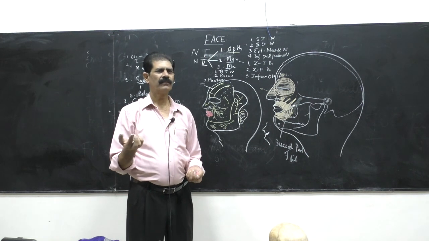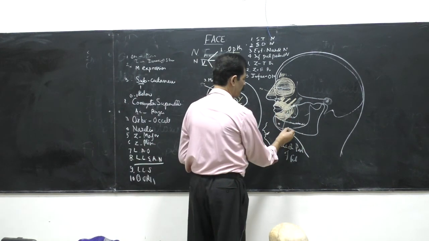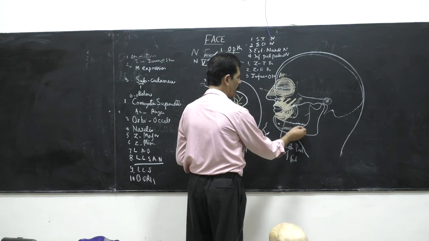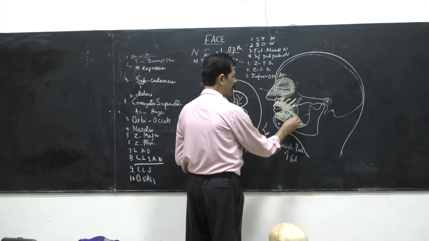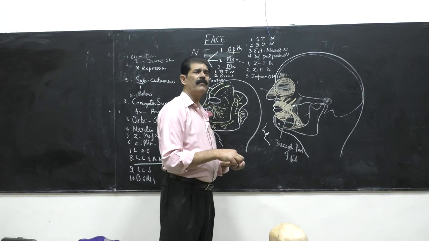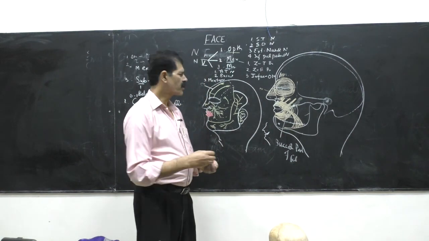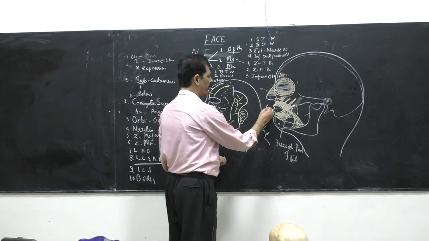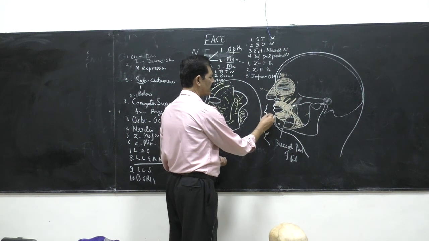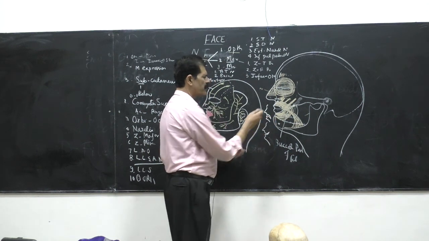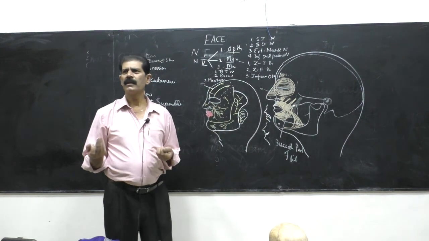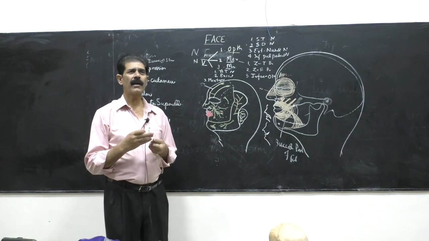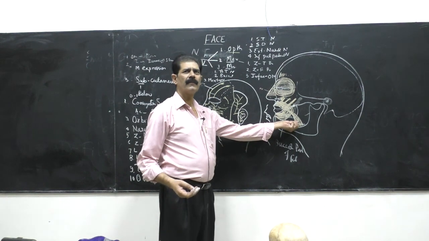Closure of the mouth. Then from the oblique line of the mandible, a muscle takes origin and goes to the angle of the mouth. This is called depressor anguli oris. Depressor anguli oris is also called the muscle of sadness or sorrow. If somebody says, make the face of the weeping muscle, how do you make it? Simple. So this is the expression of sorrow, the weeping muscle. So depressor anguli oris is the weeping muscle.